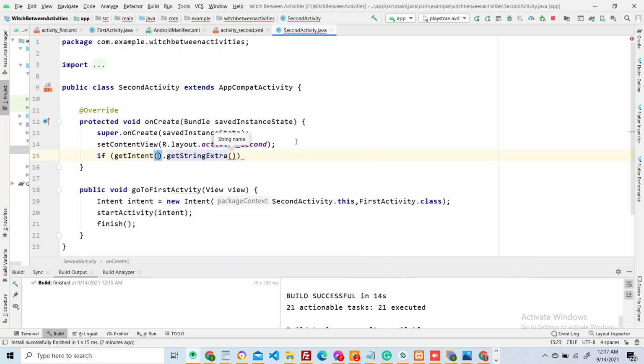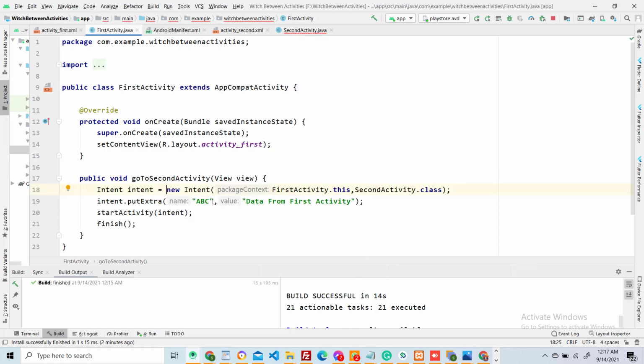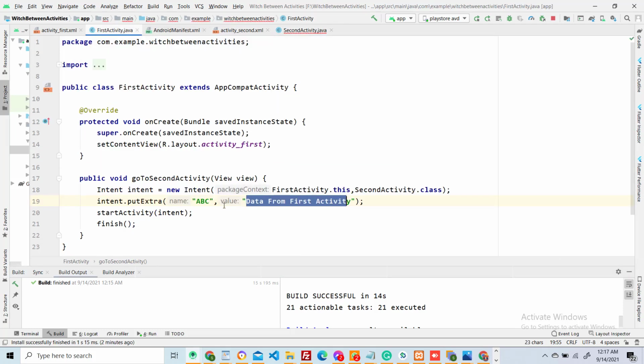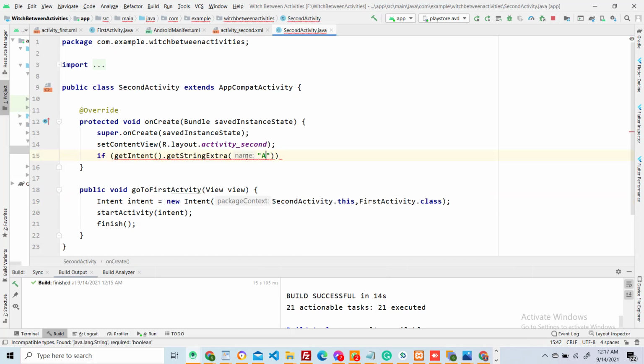You will type here get string extra. Basically in first activity we passed string. It's basically string value, as you can see. So you must have to type here get string extra, and then here you will type the key. So what we assign the key, ABC. It's basically the key. So I will type here exactly the same ABC, and then here I will provide